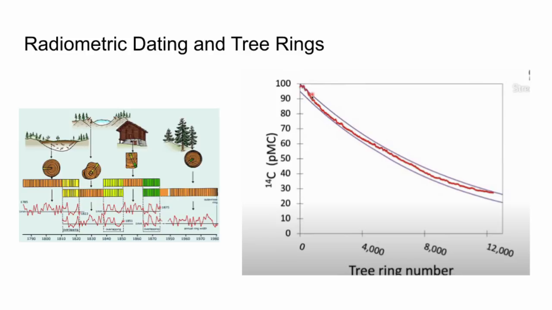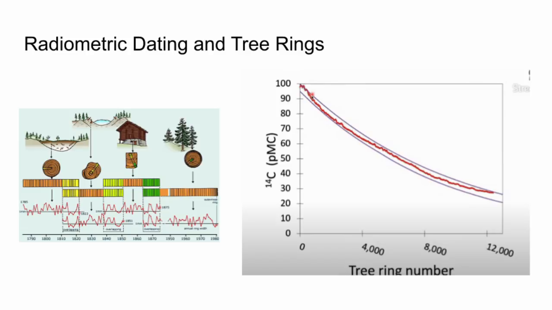But this makes for a nice corroboration for radiometric dating because we can also radiometrically date these trees because they're younger than 50,000 years. So over here on the right is a plot that Ken actually drew up. He's a retired petroleum geologist these days. And in purple are the two lines that exist for the range of carbon-14, right? Because carbon-14 can alter in the atmosphere, but not by much unless you're doing what we're doing today, which is adding a lot of extra